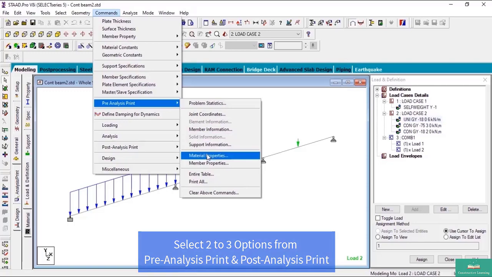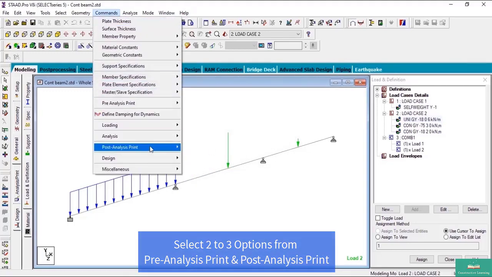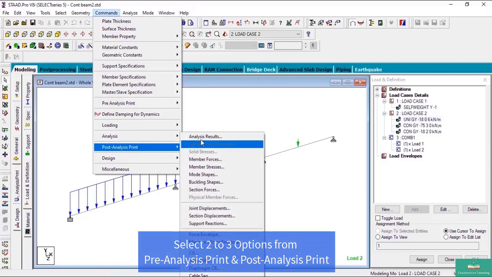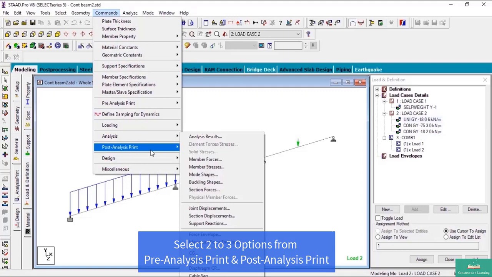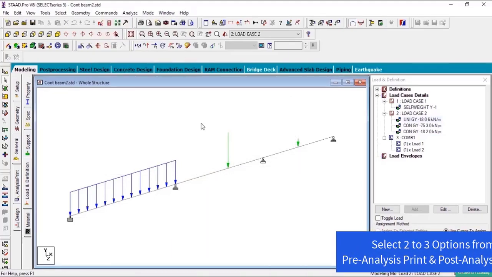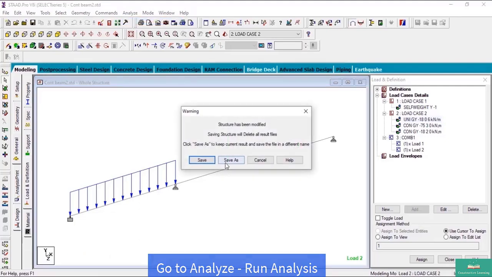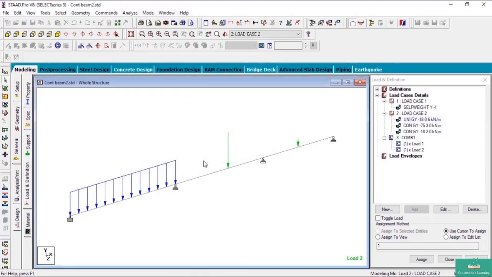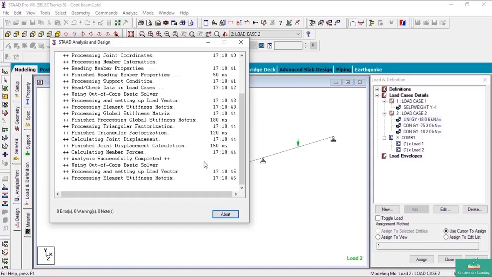Click on member properties. Click OK. Click on post-analysis print. Click on analysis results. Select 2 to 3 options from them. Now go to analyze, run analysis. Click save. The analysis window will open like this.